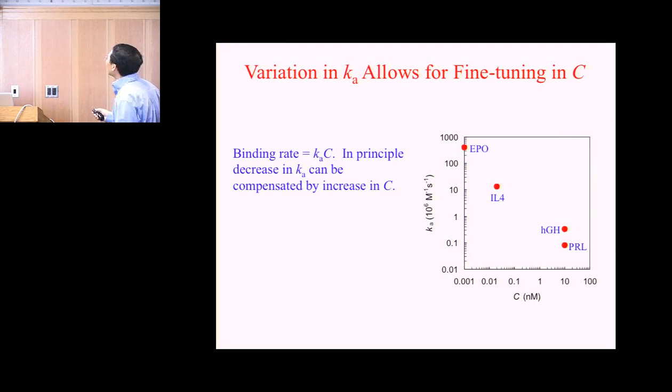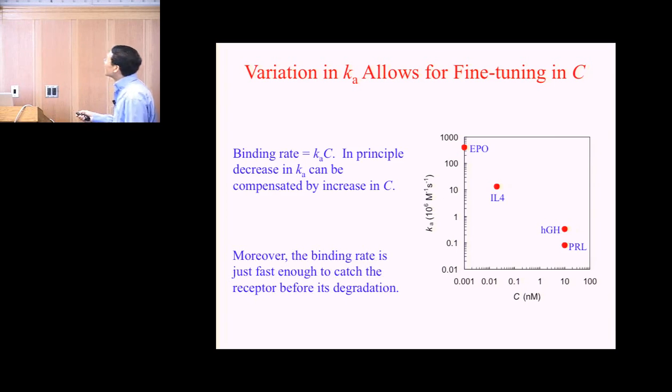So EPO with the highest rate constant is present at a picomolar concentration, whereas prolactin with a low rate constant is present at 10 nanomolar concentration. So basically when you form the product, you find that this product is more or less constant. And this binding rate is essentially